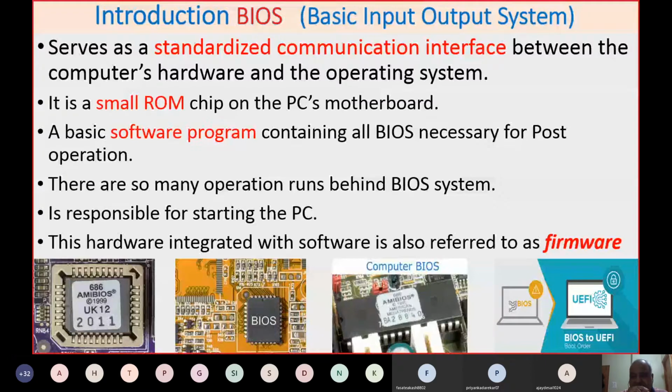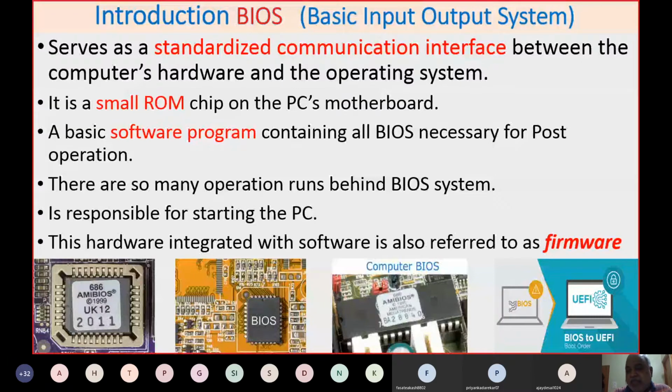At the same time, if you look at the last 3, 4, 5 years, when computers like i3, i5, and i7 came into the market, the concept of BIOS is now being superseded by a new technology called UEFI, Unified Extensible Firmware Interface.